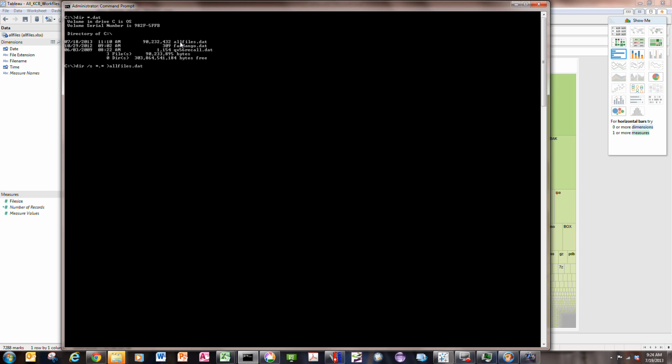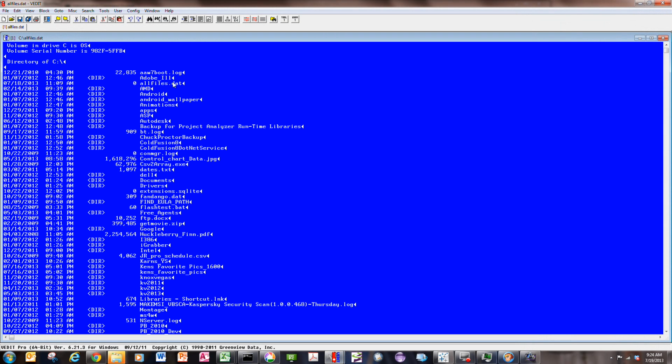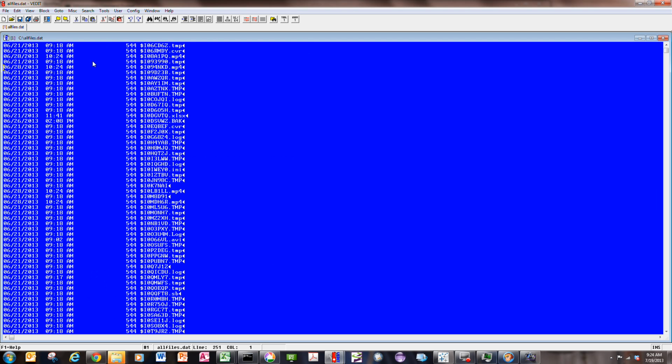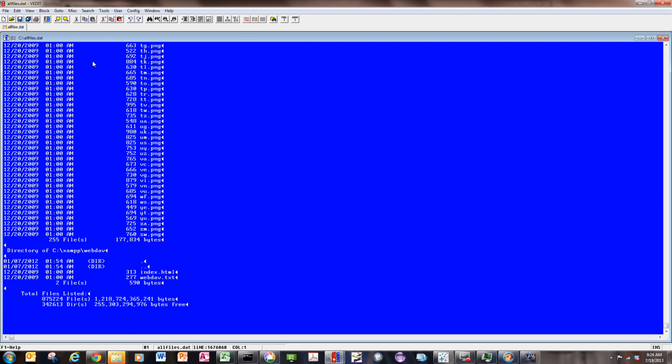And you can see here's the file. It's 90 megabytes. I'm going to edit that file to show you what the content is, and then we will go from there. So here's the directory listing for that hard drive, and it's got a lot of information on it. You can see if I expand down to the bottom, it's